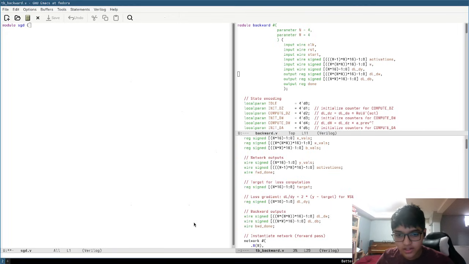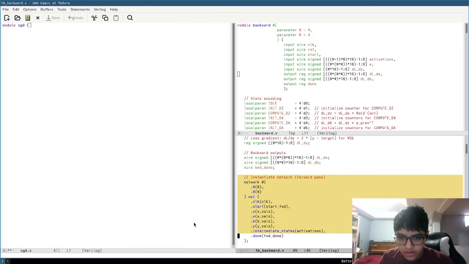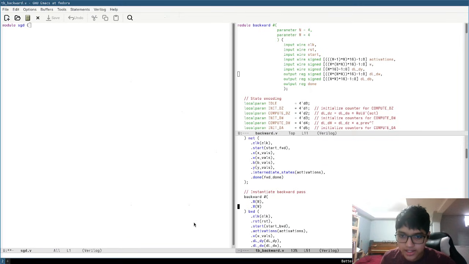Cool. So now okay, we run the forward pass and we store the intermediate states. Then we run the backwards pass and